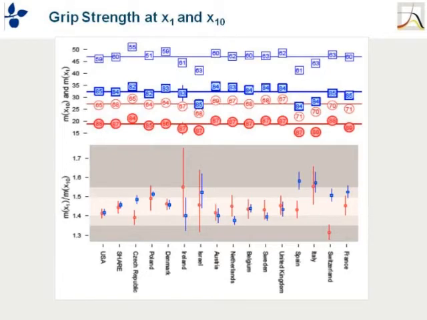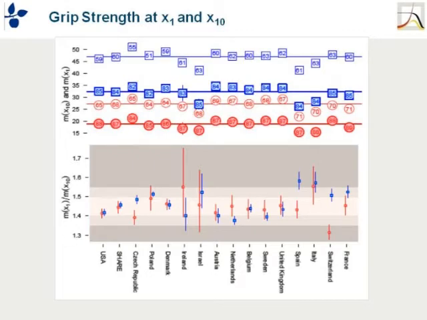So on the top we have the grip strength. M is the value of the measure, so the grip strength at X10 and the grip strength at X1. We have this for different countries: for the United States, for SHARE, which is a survey for all of Europe, and then for different countries in Europe. And you can see, if you look across the top, that grip strength at age X1 for the blue,